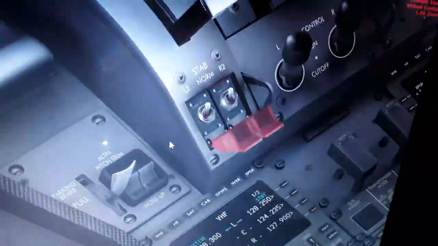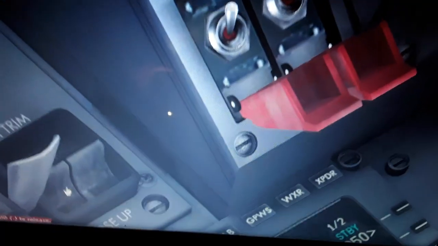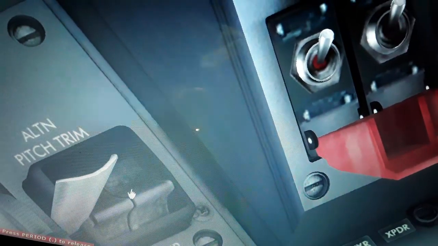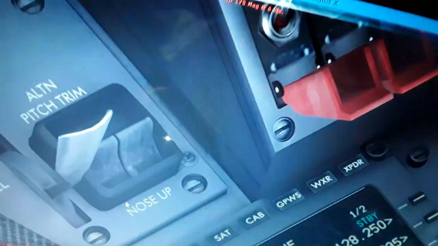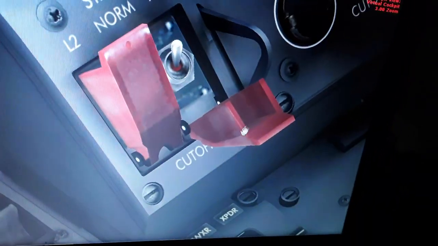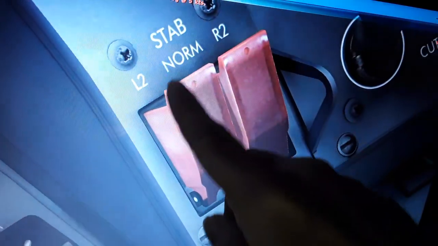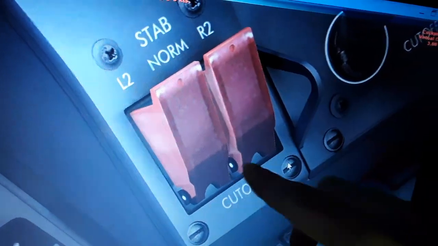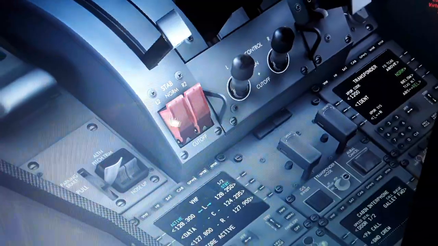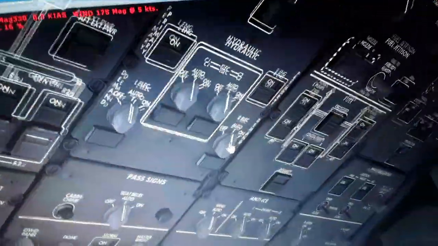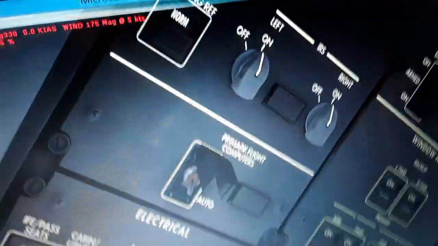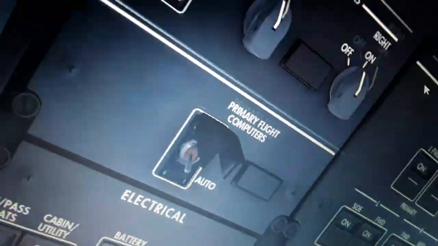So we have the stabilizer trim cutoff switch over here, also very important. So you read again stabilizer trim, how many degrees, like this, trim the elevator up and down. And we have the stabilizer cutoff switch. If you have a failure of either the left or the right stabilizer trim system because of a failure of the hydraulic system over here, because this is a fly-by-wire aircraft, it has flight control computers. If the hydraulics fail and affect the flight control, primary flight control computers from normal to alternate or direct mode or mechanical backup, you have to come down here